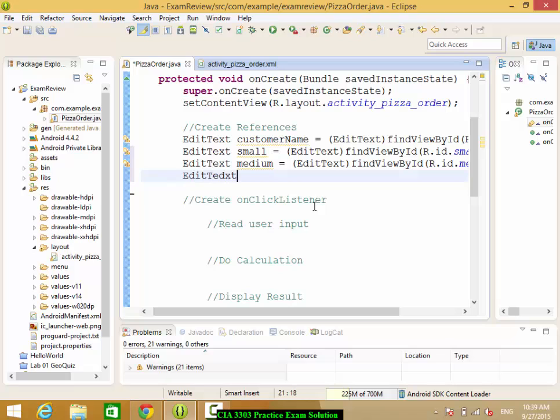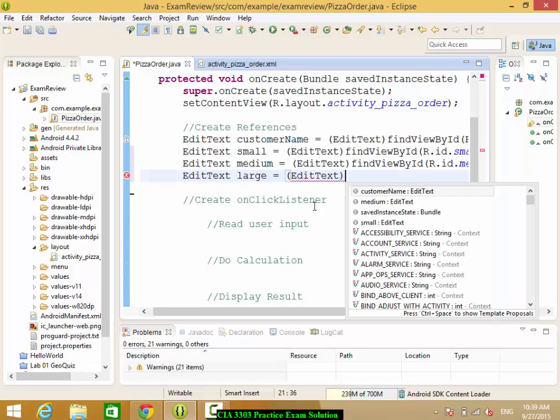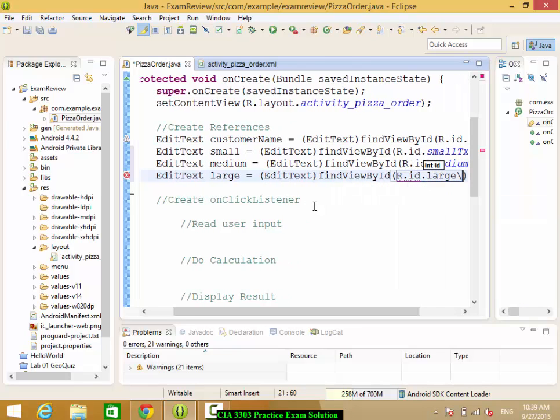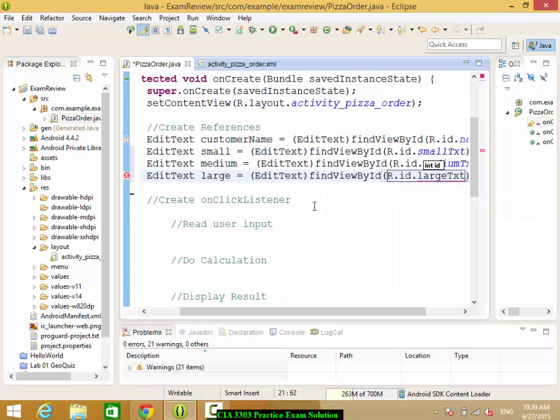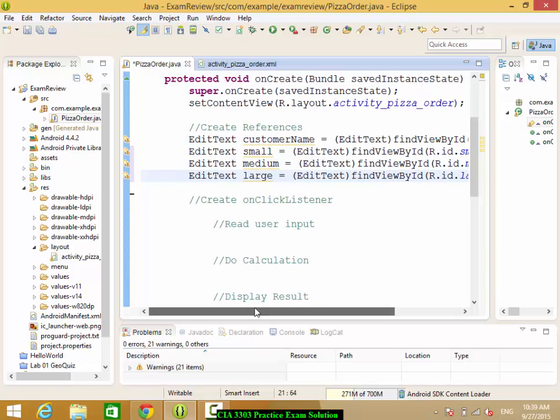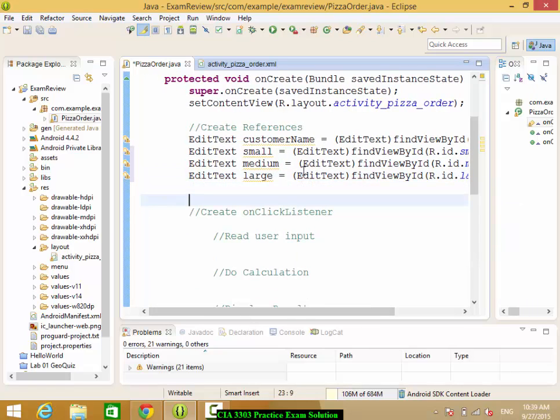Edit text large is equal to, in the brackets, edit text, Control Space, findViewById, R.id.large txt, Control Space, large txt. So I've got the 4 references for name, small, medium, and large. Now I need the reference for the buttons and the label. So I'll write button,